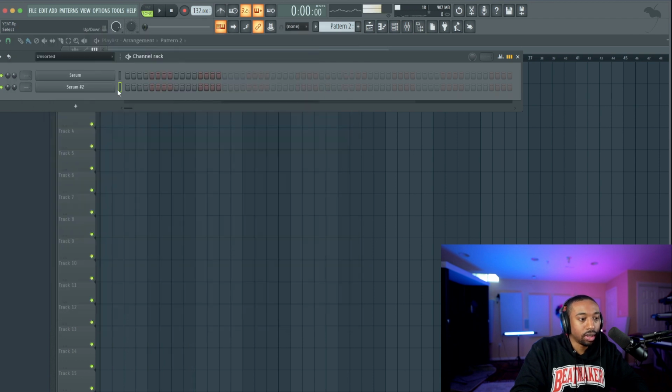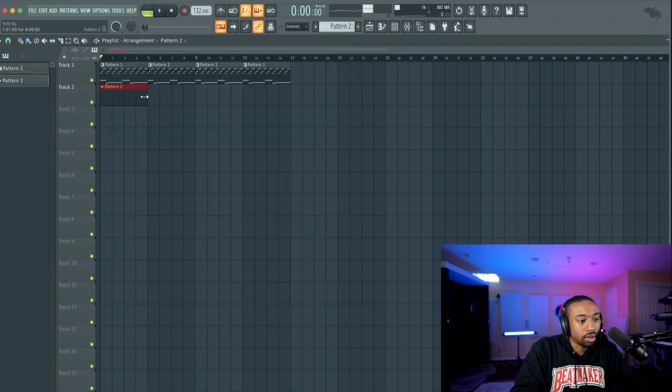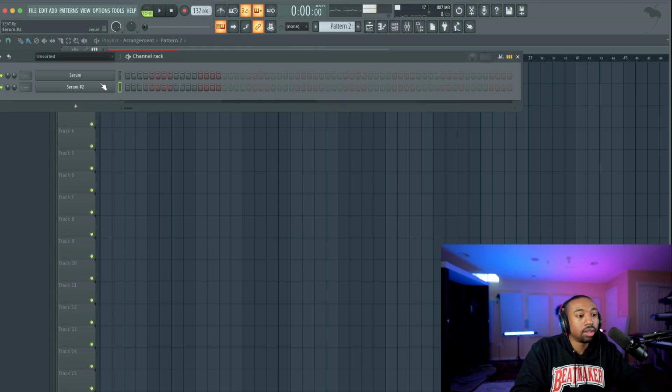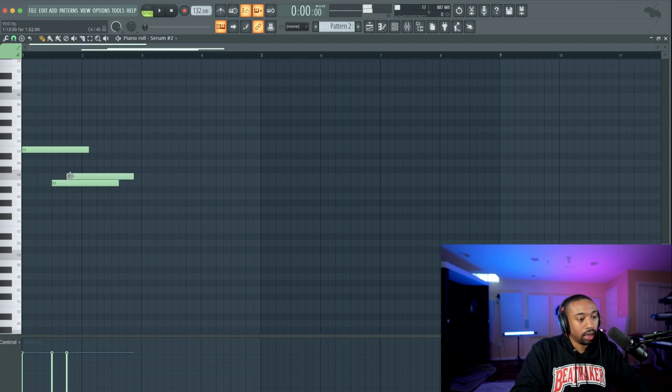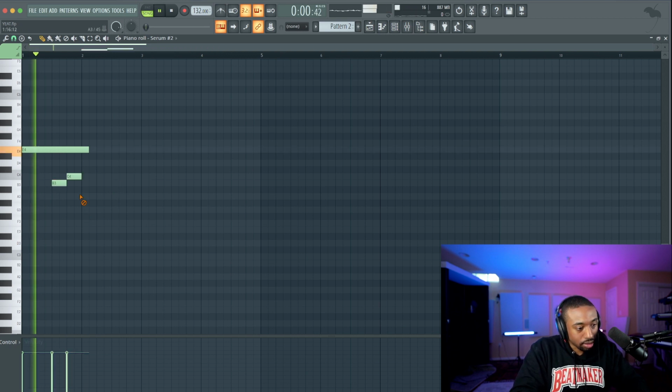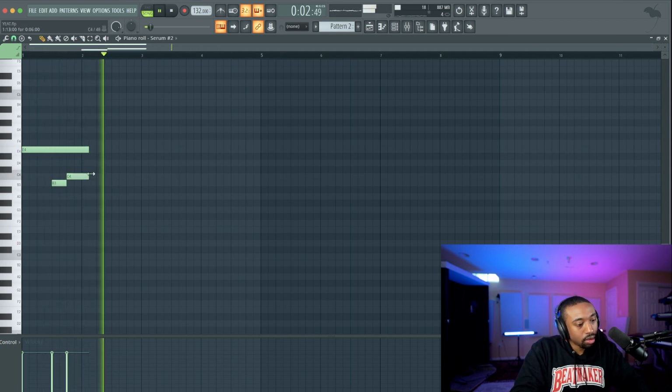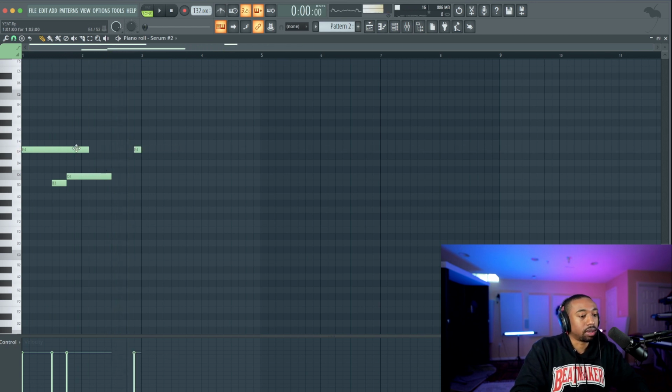This one's cool. Okay, let's go to piano roll. And again, the magic is when we go from B to C, that half step. That's what gives it that yeet type sound. And again, we're going to do the stutter technique. We're just going to repeat the same thing.